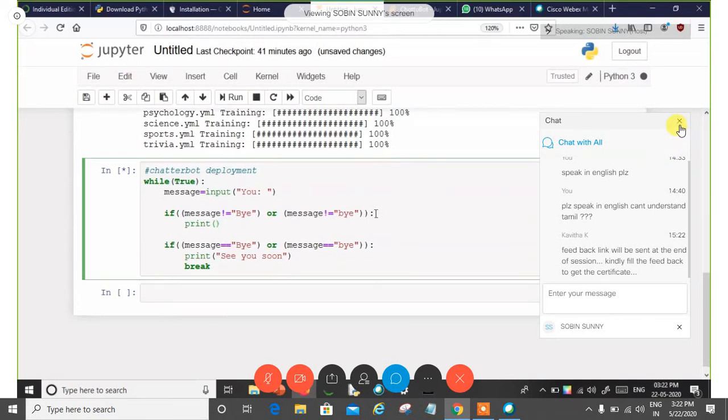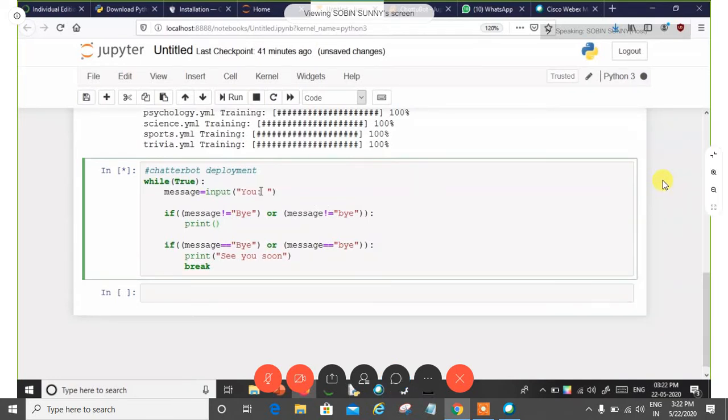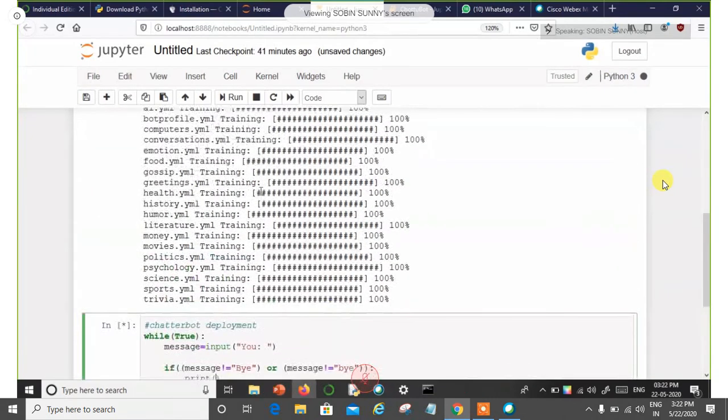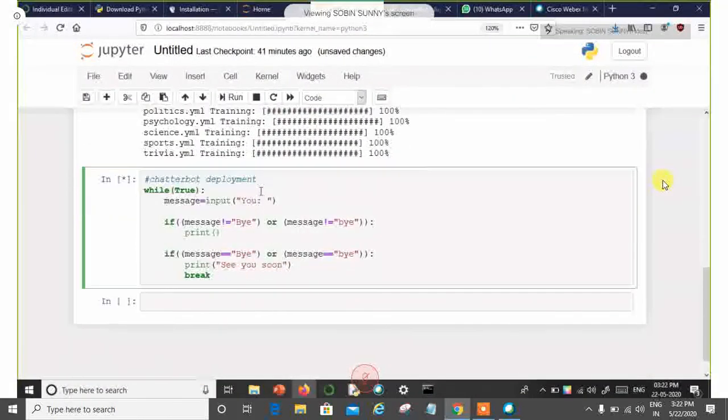When it's our turn to message, it will show like you. So in the reply, we should be able to understand that it's the chatbot responding, right? And I already told you that my chatbot's name is going to be Chotu. So what will I do here? Chotu.